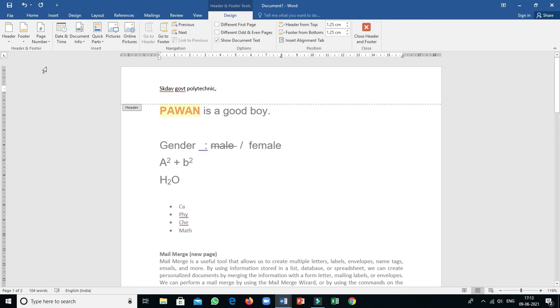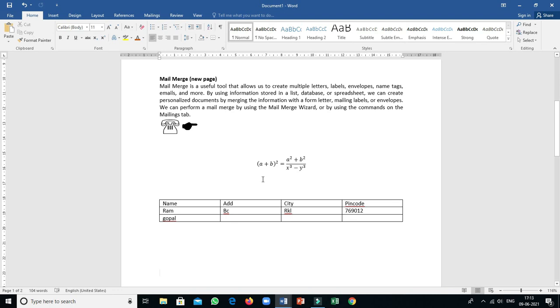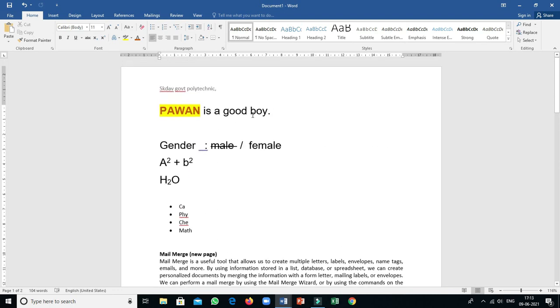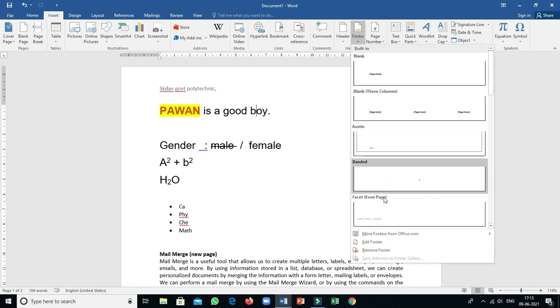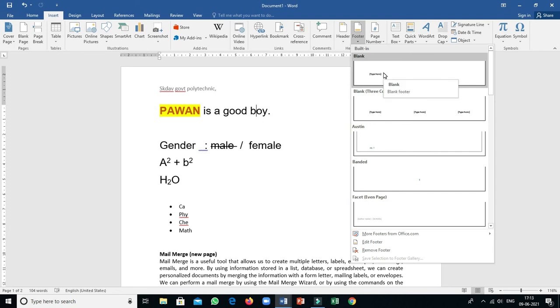So close this one, or you can click on the footer option. Okay, so if I close this one, automatically I come to the normal form. And remember, in normal form your text is totally active. But here my cursor is not to be clicked, because before this text the header part is there. So when you click in header or footer, you are working in the header and footer option. At that time your normal text is totally dim. Okay, again I am moving to the footer option. Go for footer, and these are the formats. Okay, so select any one.